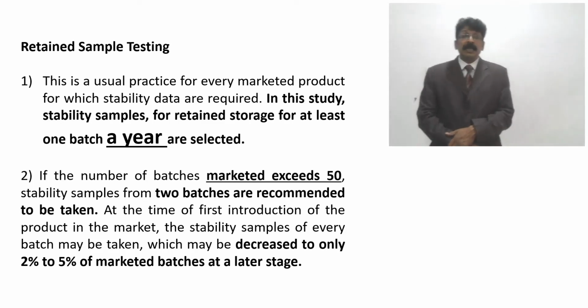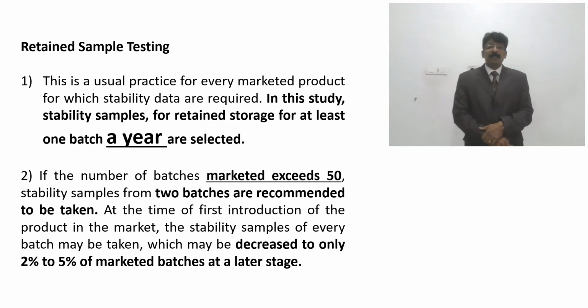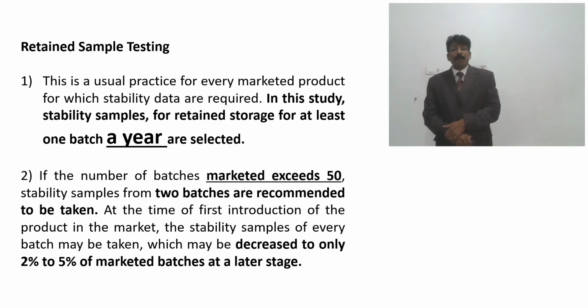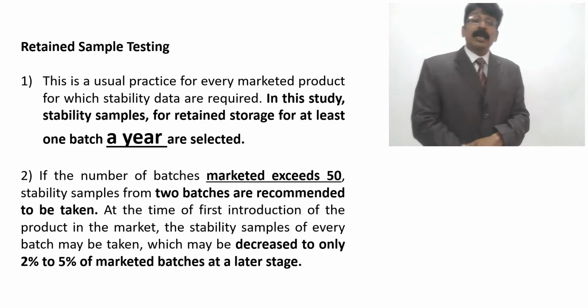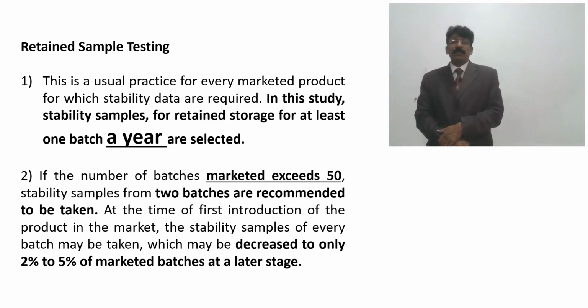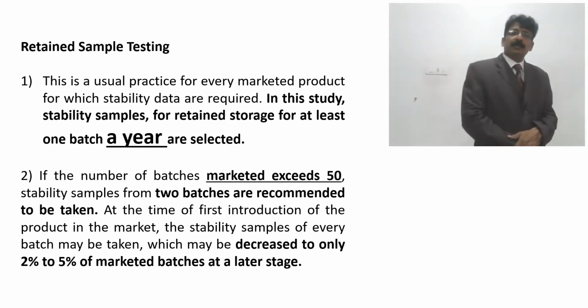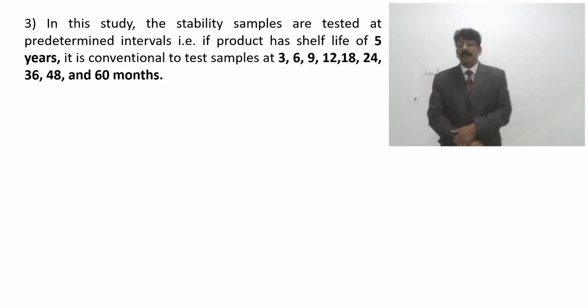When a product is first introduced in the market, the stability samples of every batch may be taken; this may be decreased later. If there are many batches, only 2% to 5% of marketed batches can be taken at a later stage. But initially you have to take all batches, and the testing can be done